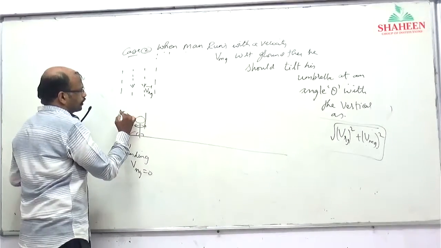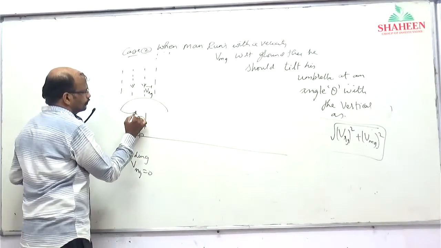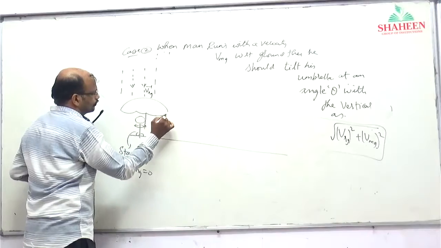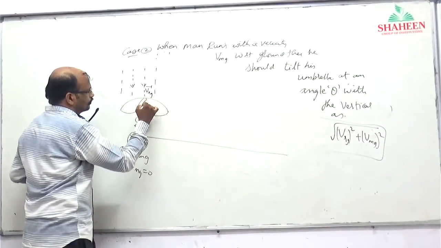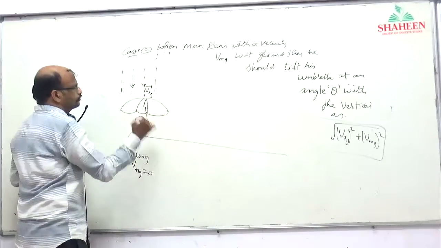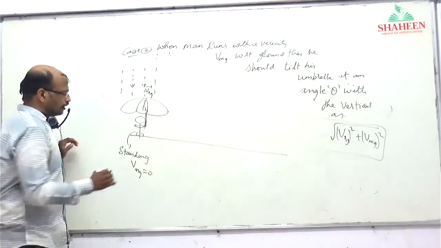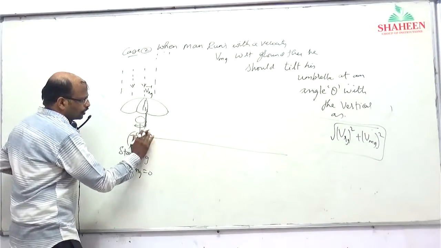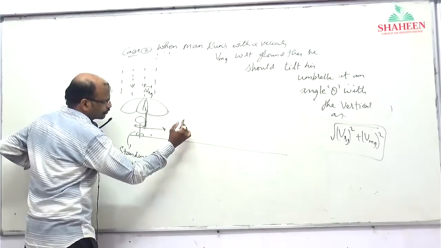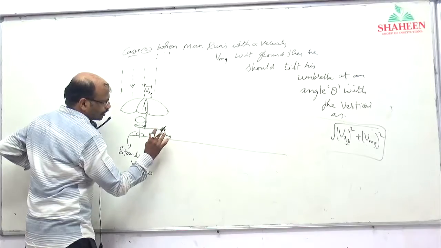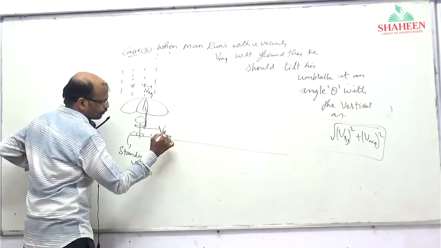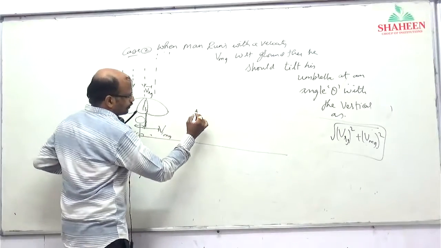He should hold his umbrella straight. When Vmg is 0, when he starts running with a velocity Vm in this direction, then